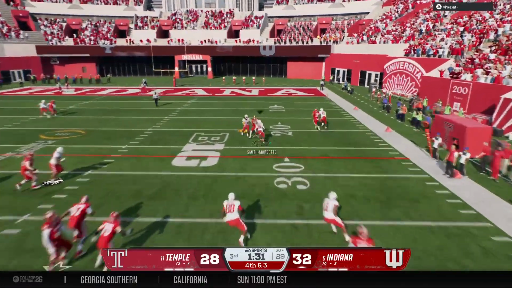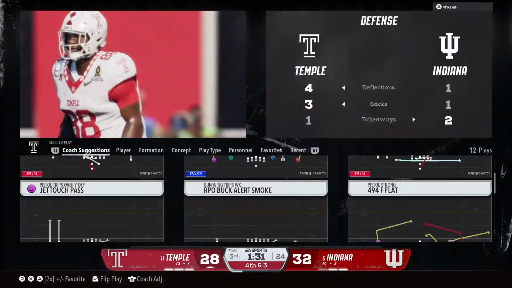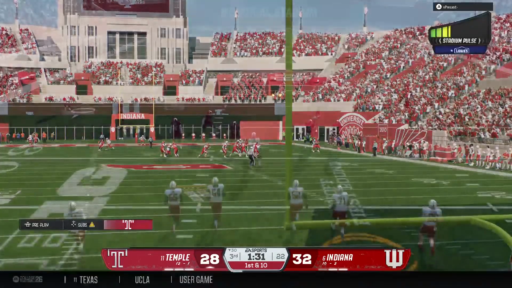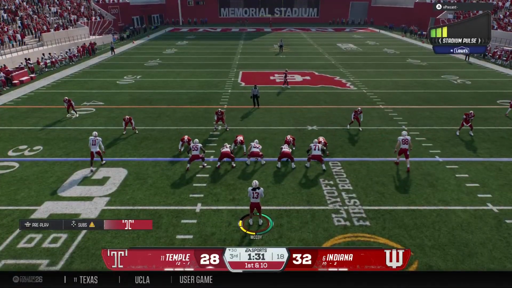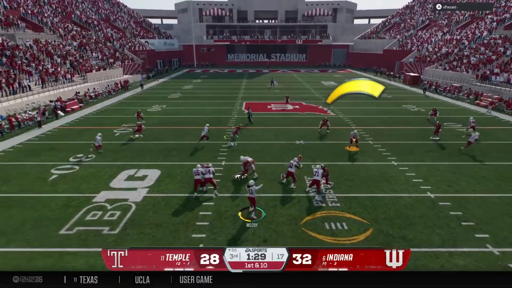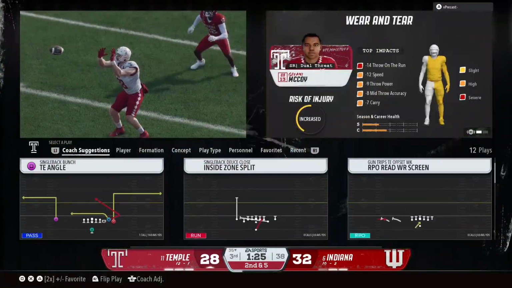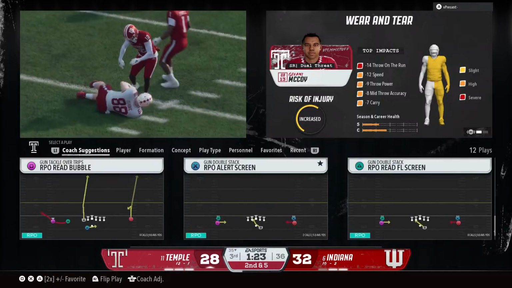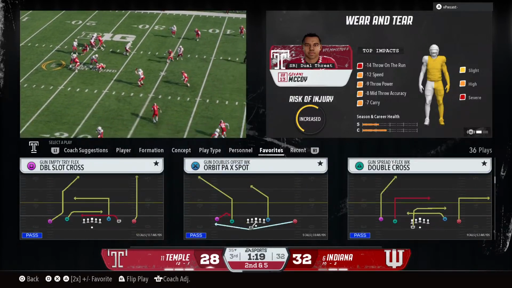Looking to scramble. On the run here, lets it go. But it's incomplete. The defense makes a fourth down stop. Oh, my gosh, a dropped pass here on this fourth down play. Everything was perfect. The execution is there. The route is nice. The ball is on the money. All he has to do is catch it, and it's a first down, and he drops it. This one could come back to haunt him.